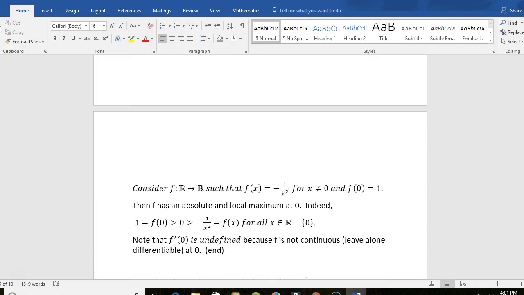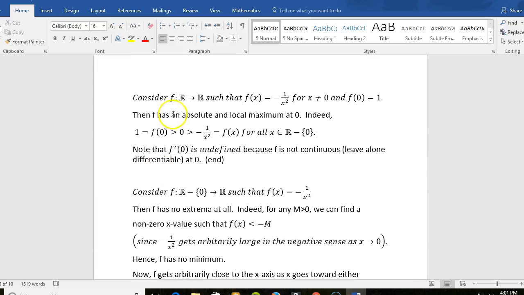And consider f again. If we consider negative 1 over x squared, we have a local max. It's just sort of the reverse. Again, f prime is undefined because f is not even continuous at 0. It is defined at 0, it's just not continuous there. But anyway, moving along,